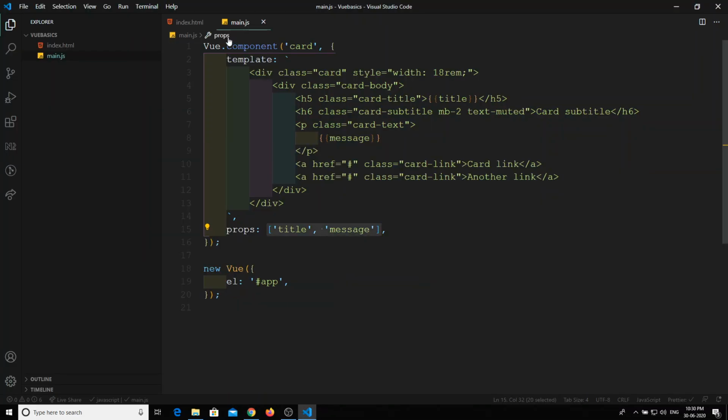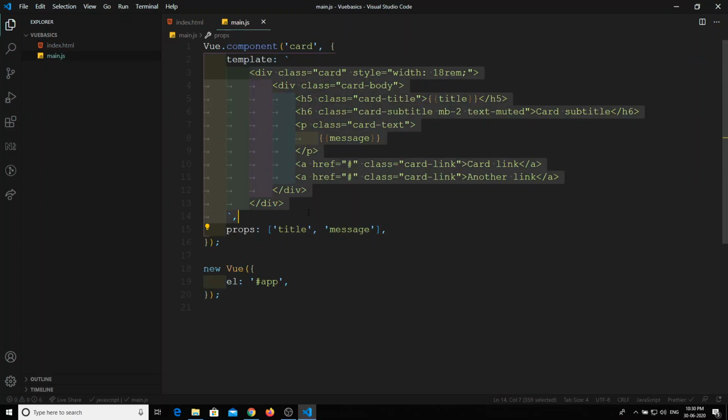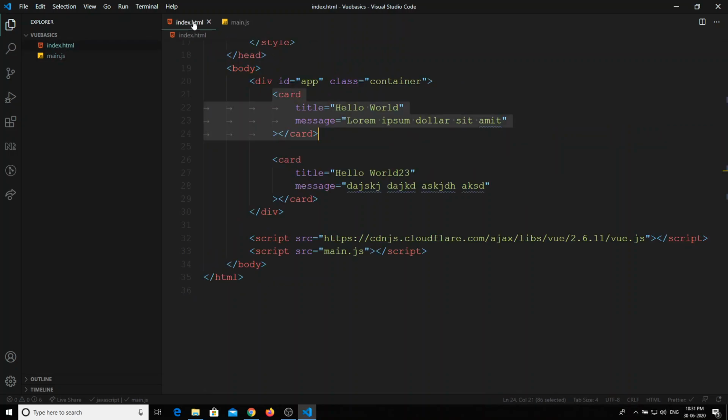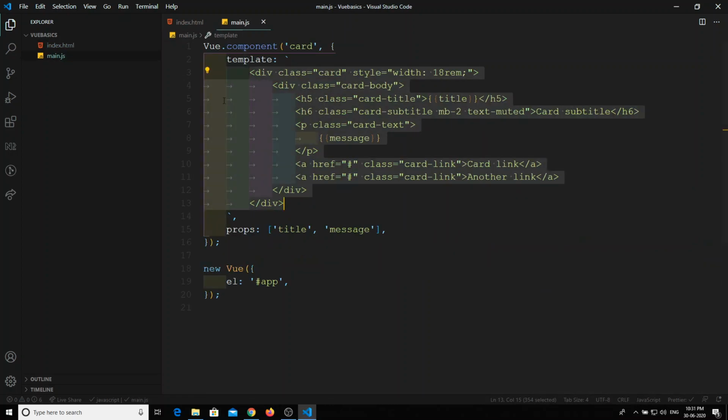So in this way, with this card, the entire HTML markup has gone behind the card component, so you will not be able to see the complex markup and all those things. The complex markup will be handled by this card component. So you can just use the card component like this. In this way, real time, the components will be very useful.